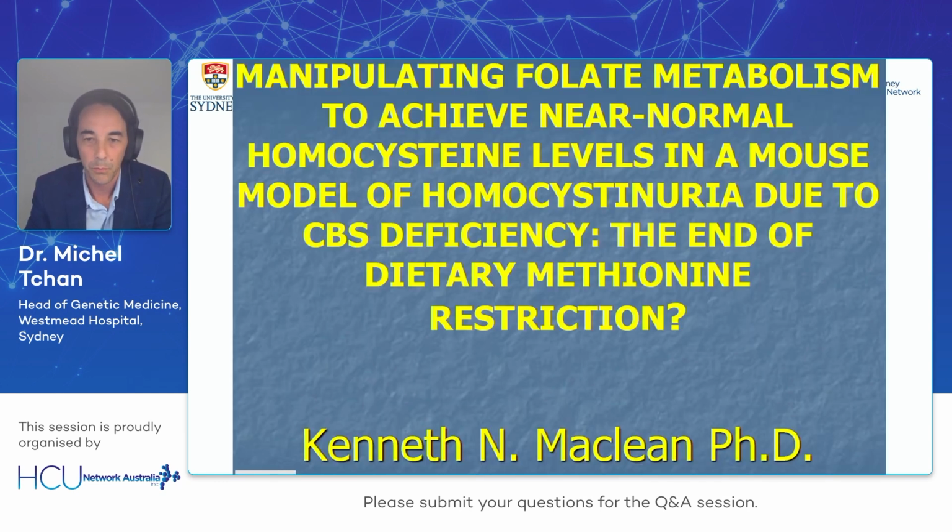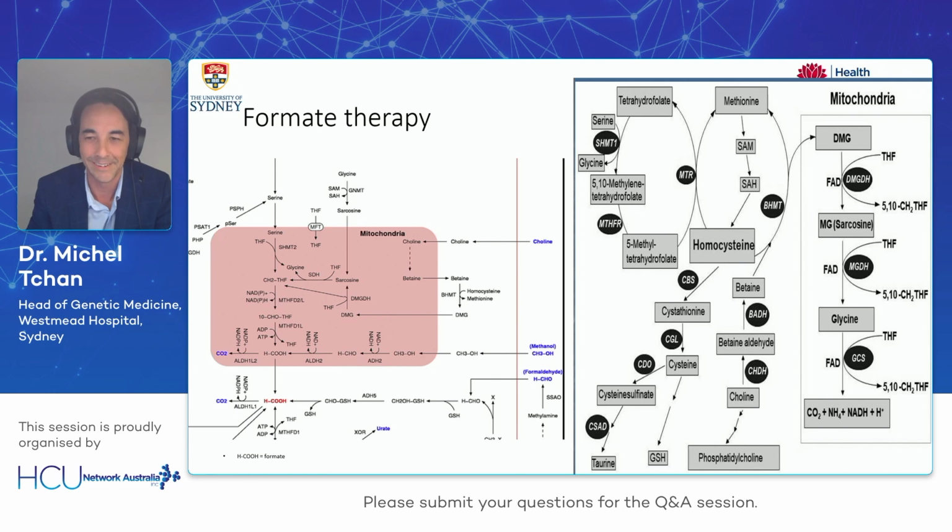I want to finish up with one last study or piece of work that's been championed by a doctor called Ken McLean, who's been working on this for quite some time. And what he, here we go, you thought the pathway was better before. Anyway, what his